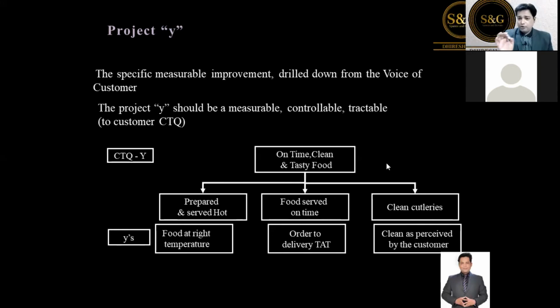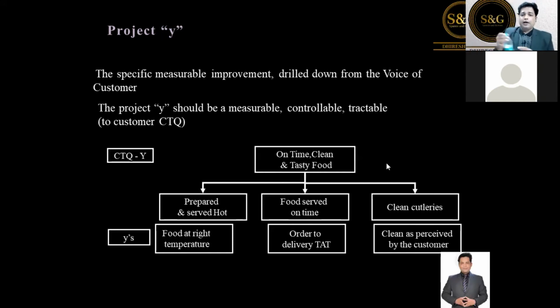So the defect opportunity they identified is that if you broadcast fewer than 10 songs in an hour, let's take on average a song goes for 2.5 to 3 minutes, or maybe 3.5 minutes, you have to broadcast at least 10 songs in an hour. If you cannot broadcast that many songs in 1 hour, that is a defect that will create dissatisfaction for the customer. So running those kinds of songs on a continuous basis is one of the projects coming out of the voice of the customer.